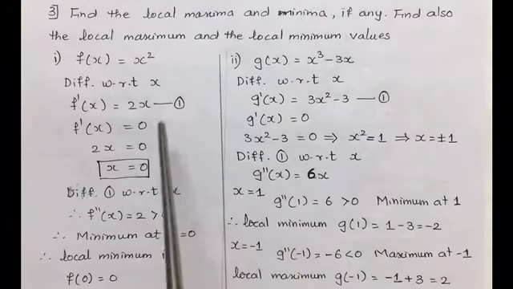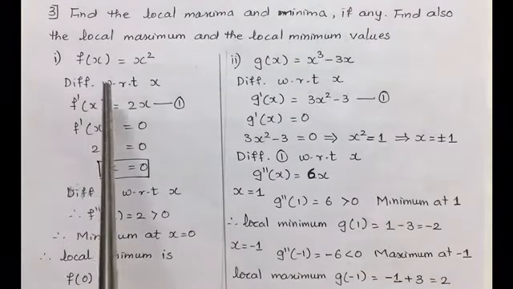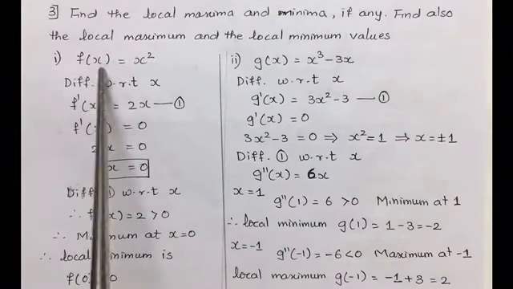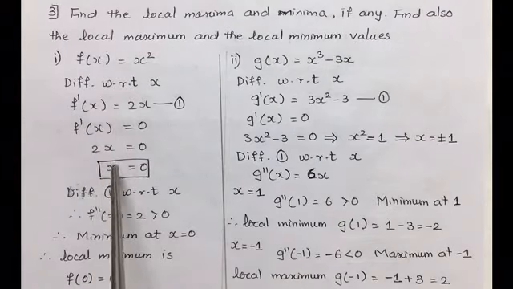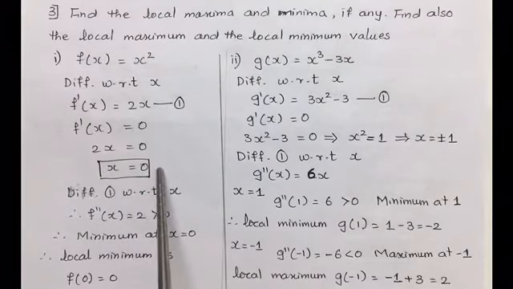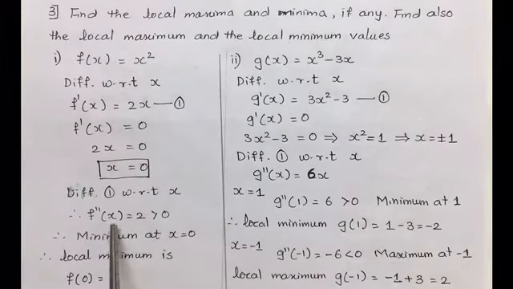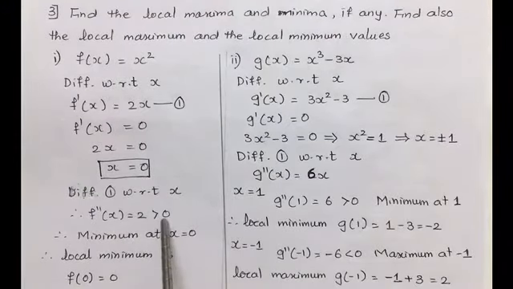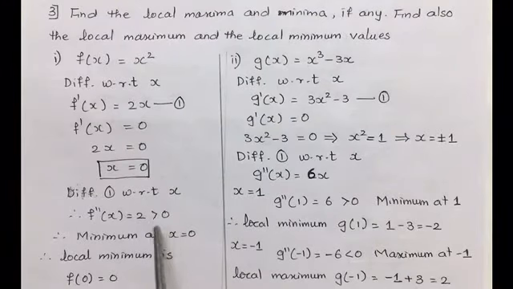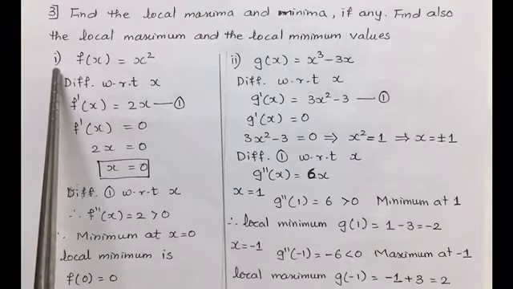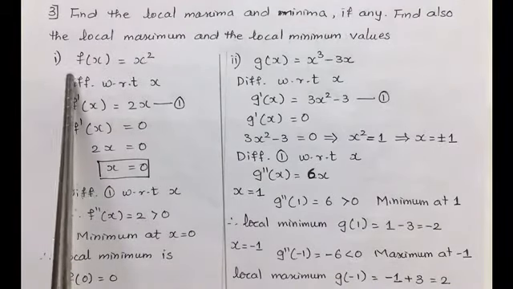Now the procedure to calculate this, I have already explained to you before. Given f(x), take its first derivative, equate the first derivative to 0, and calculate the value of x. Then go for the second derivative: keeping the value of x, greater than 0 means minimum, less than 0 means maximum. Now taking up question number 1, in a similar way to example 3,